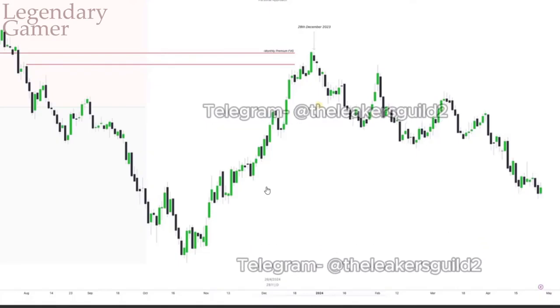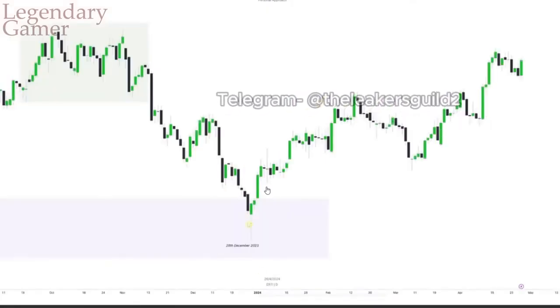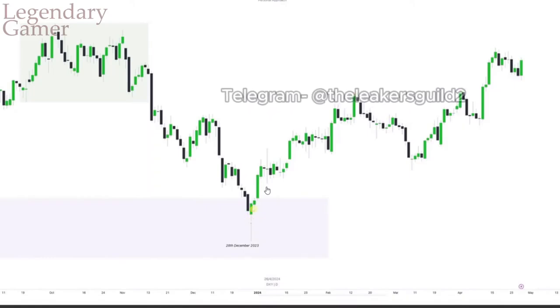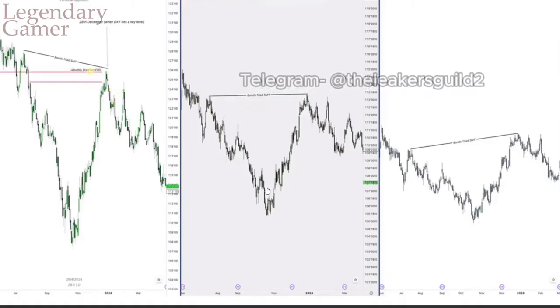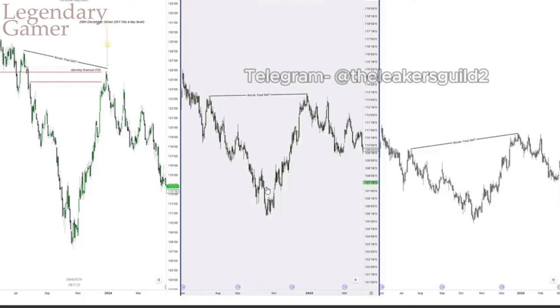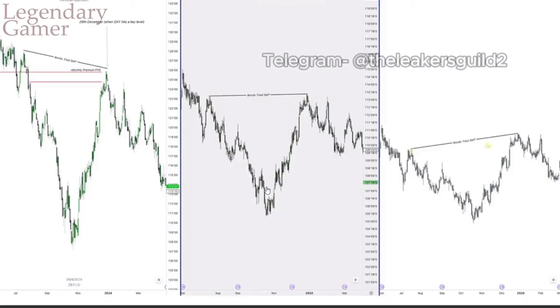But now, important, we're going to be looking for that high probability smart money reversal, which should be accompanied with SMT. So again, this low, right, which we just saw on the previous slide, was the high on the bonds. We've got a market maker buy model going on, and then if we look at the triad, right, the 10-year, 30-year, and the 5-year, we've got that monthly fair value gap, right? Again, this is where the low formed and hit a key level on DXY, and we can see this high does not get taken out on this chart, but we do take out the same high on the 10-year here, and we take out the high on the 5-year. So this makes the higher time frame macro even more